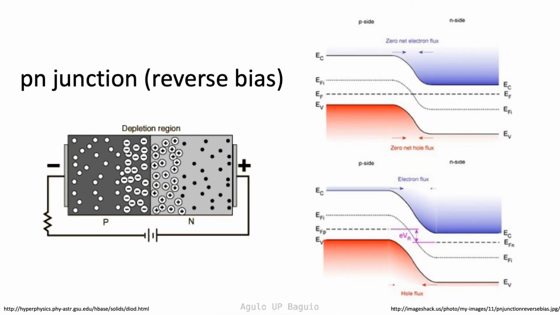What happens in the reverse case when the terminals are reversed? If the negative terminal is placed on the p-type end and the positive terminal is placed on the n-type end, then the electrons in the n-type are attracted towards the positive terminal, while the holes in the p-type are attracted towards the negative terminal. This attraction causes the width of the depletion region to increase, which therefore increases the potential